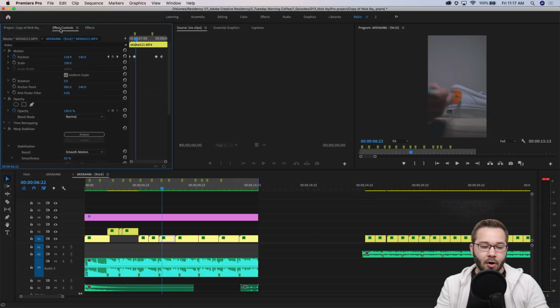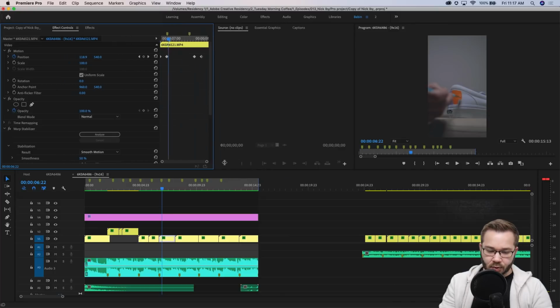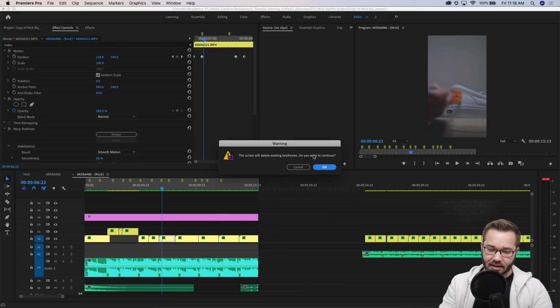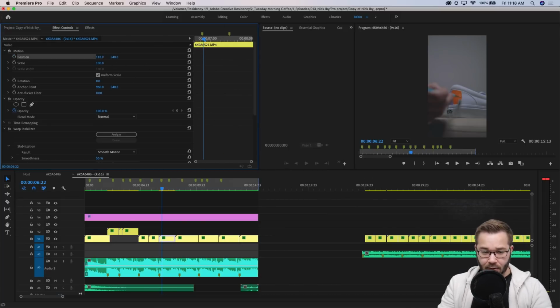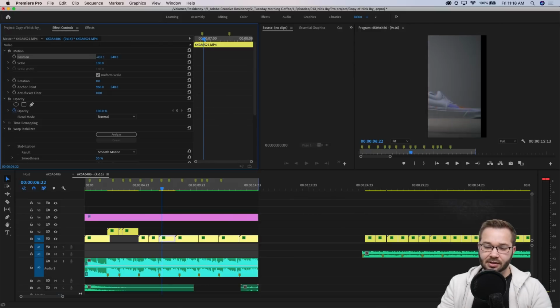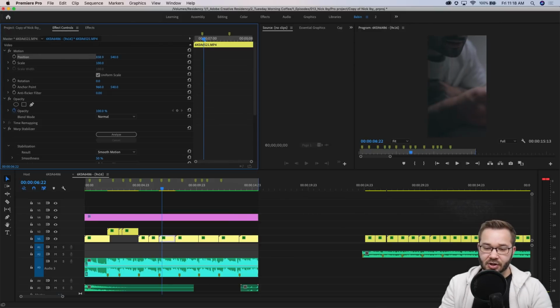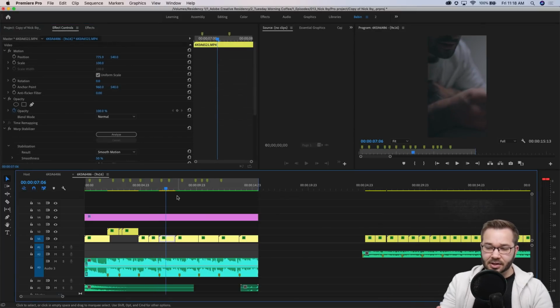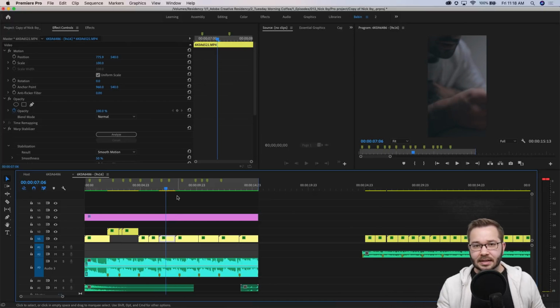But if you are experimenting with this, we can go over to our effect controls, and let's take this clip as an example. If we wanted to reposition this, all we have to do is eliminate the keyframes that Premiere has auto-generated for us, and you still have all the flexibility to adjust. So if for some weird reason I wanted Nick's mouth to be the focus here, I can still make that change, and it's not going to make any adjustments for the rest of the sequence. It'll just change that clip.